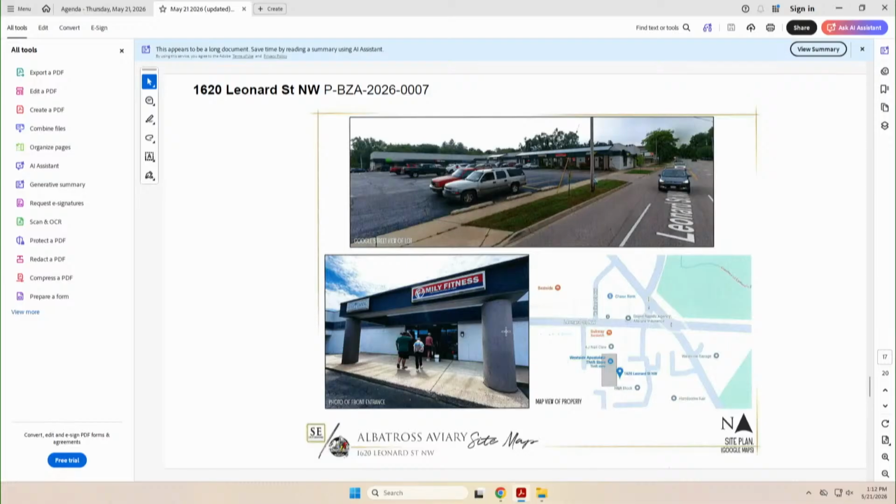An aviary is not listed in the use tables of the zoning ordinance. Following the zoning ordinance procedures for unlisted uses, section 5.4.04, the planning department determined that an aviary is most similar to the listed use of a kennel.